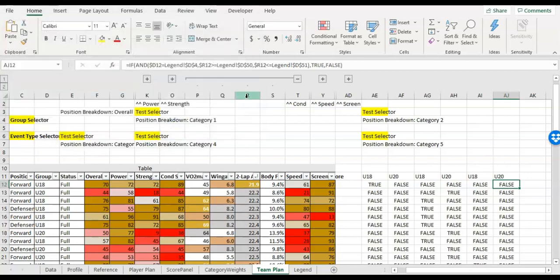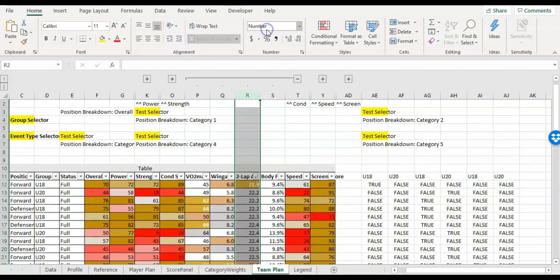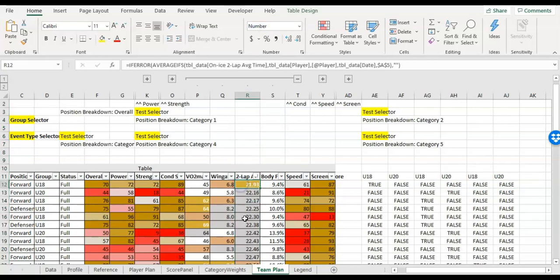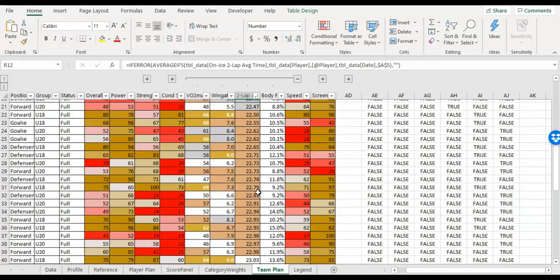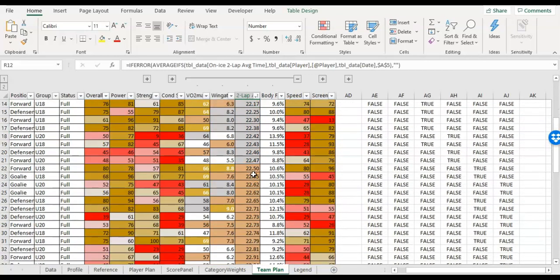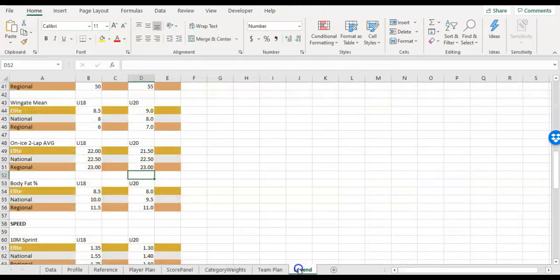And now the last thing that I need to do is I want this to be a number with decimals. And we sorted it by time already, so that follows what we would expect. So that's great. And if we change this, maybe these times are a little bit too high, or too low, so let's say